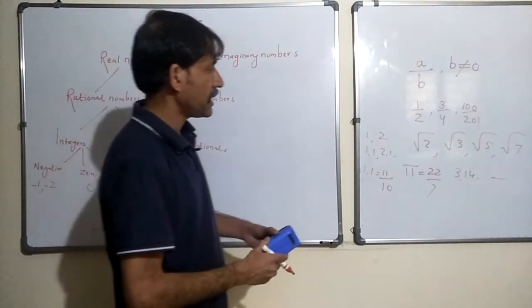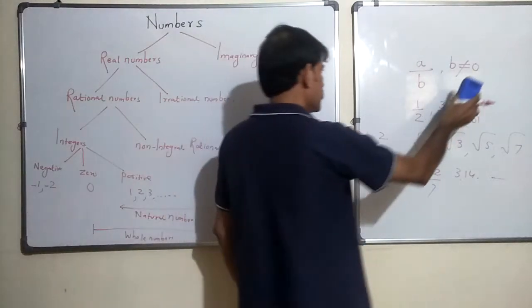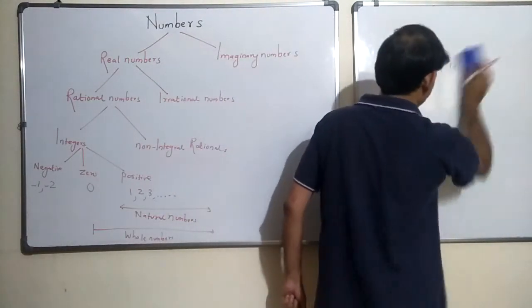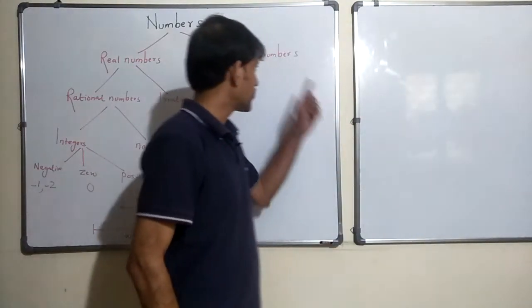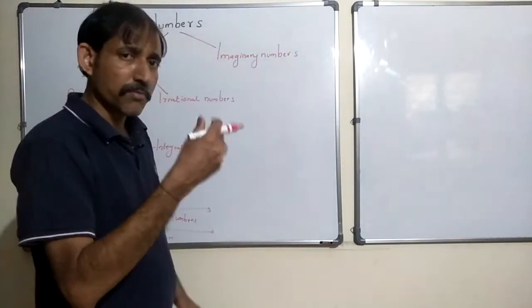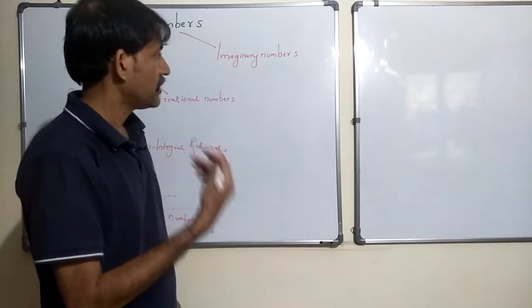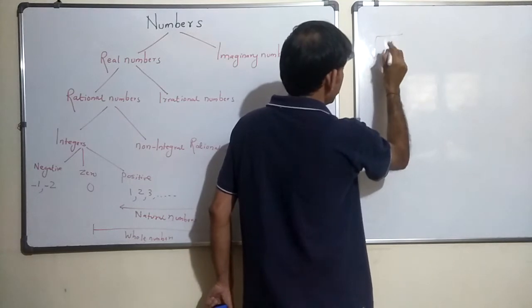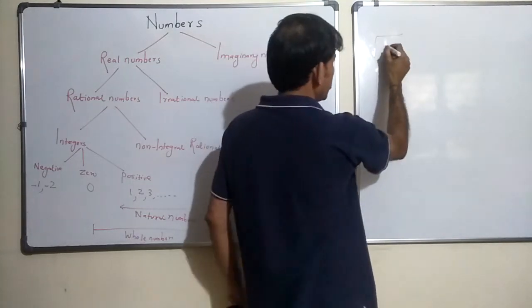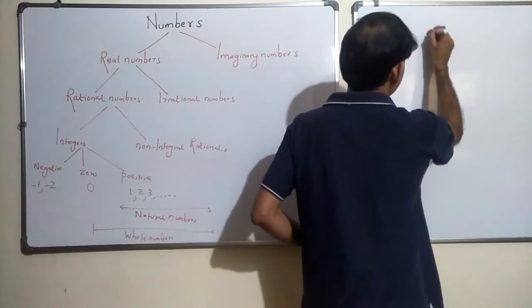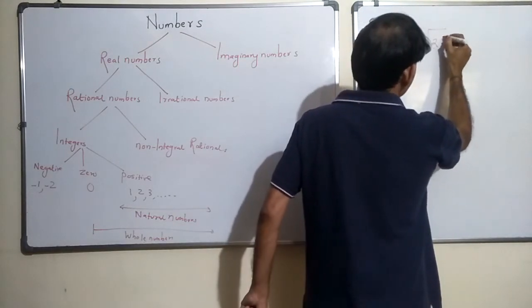Now you must be wondering, what are these imaginary numbers? I have never studied imaginary numbers. If you are thinking this, you are right, because this comes in class 11. So let's talk about what imaginary numbers are. Now square root of a negative number, or rather let me begin by asking you one thing. Let me write it here. What is square root of 25? It is 5.